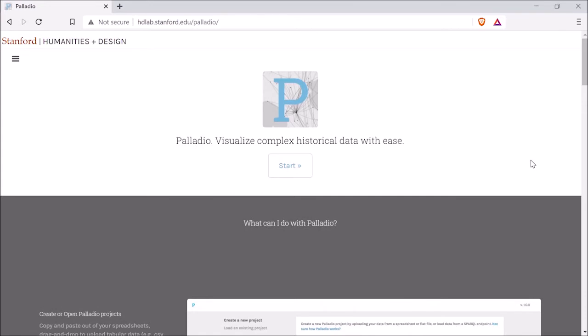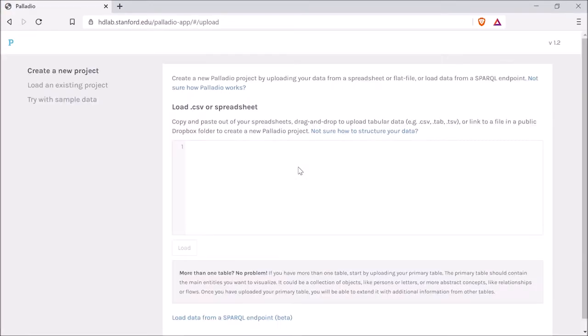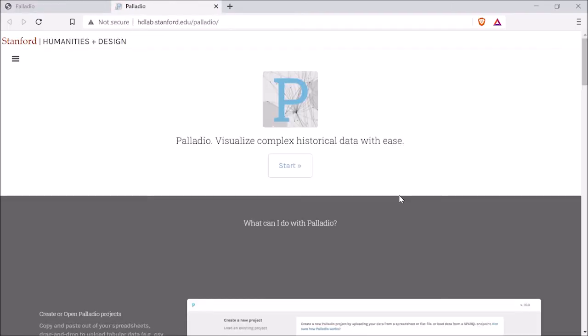So I'm going to do a couple of different things here with some data that I have. I'm going to go to Start. And first, I'm going to visualize some relationships between some individuals. Now, I already have a CSV file created. Like I said, there's a whole bunch of links that show you how to structure your data. So if I were to click on this link here,